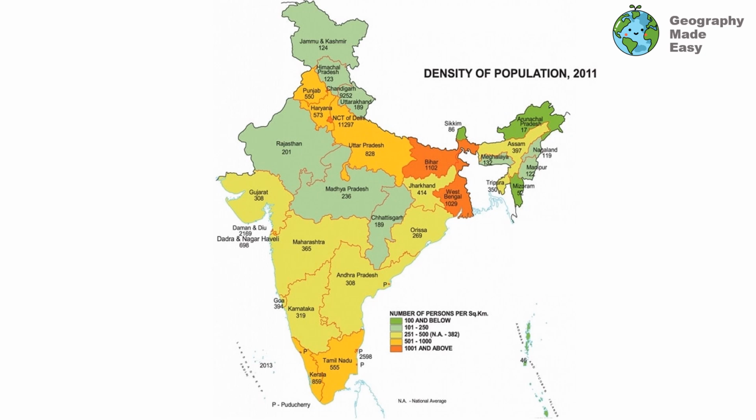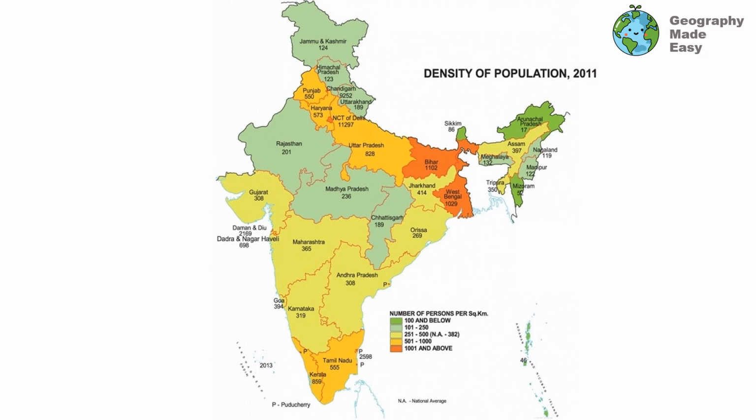We have the map of India here, which is showing the density of population for the year 2011. So we have categorized or classified the density. The dark green is where the density is less than 100. Between 101 persons to 250 persons is the light green, followed by 251 to 500, which is the yellow. Then the dark yellow or orange is 500 to 1000, and more than 1001 persons per square kilometer is denoted